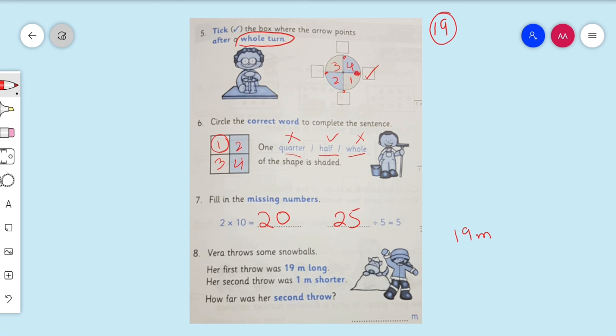So we need to find out how far the second throw was, because we have not been given the second throw in numbers, but we have just been told that the second throw was 1 meter shorter than the first one. So 19 meters take away 1 meter leaves us 18 meters. So her second throw was 18 meters because it is 1 meter shorter than the first. So the answer is